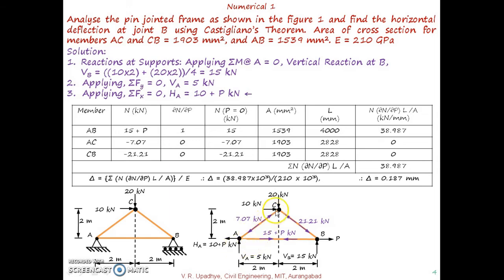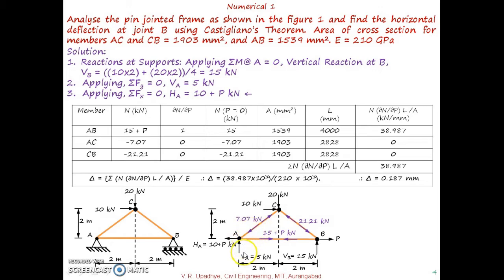That 45 is angle between CA and AB. So VA minus FAC sine 45 must be equal to 0, or FAC will be 5 divided by sine 45, and that gives us 7.07 kilonewton internal member force in member AC, and that will be a compression